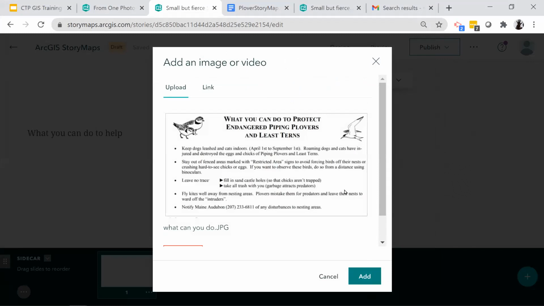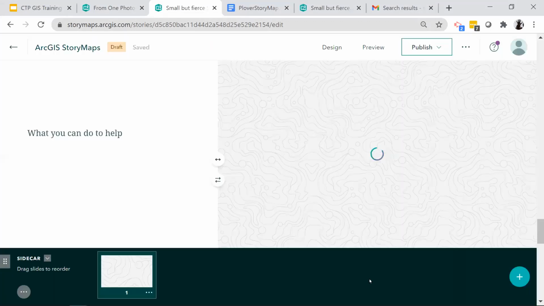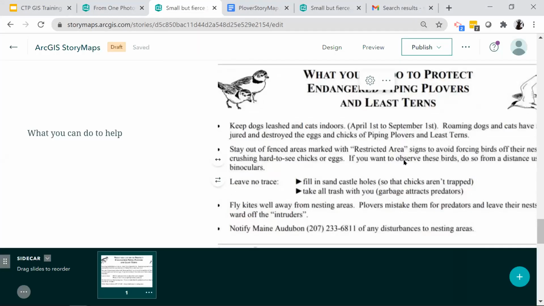So this was taken off the main Audubon's website with their permission. We add it. And then it lists all the different things. When you go to put in more data, okay, so it lists all the things that you can do, and then you want to